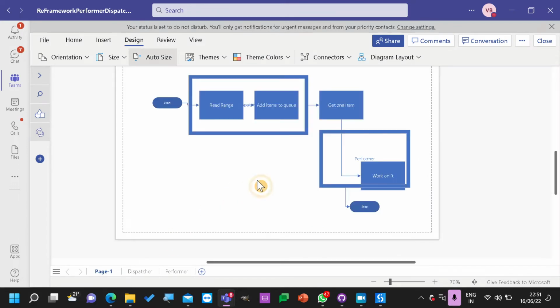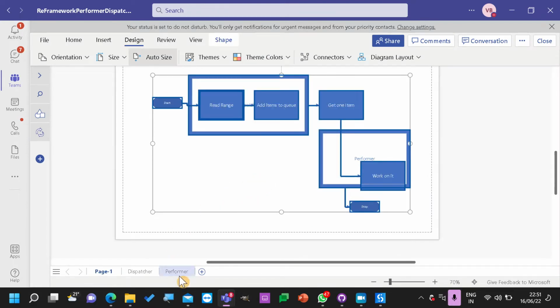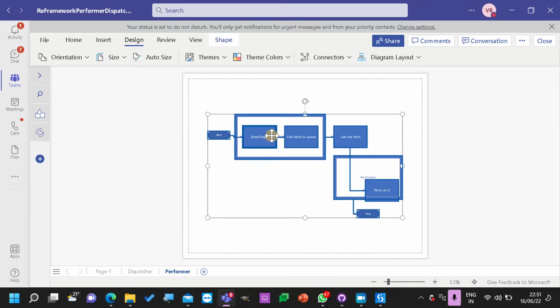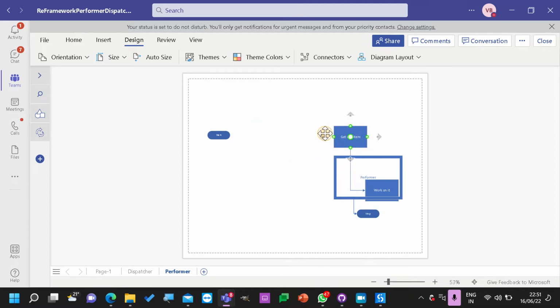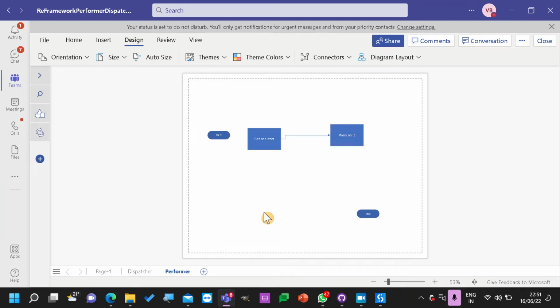I'll just take the existing items and whatever is required, I'll place, or else the others I will just remove. So if you can just delete these two, even this one we don't require.